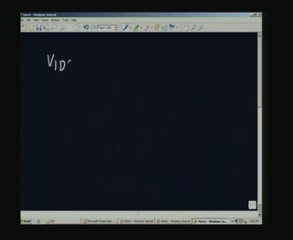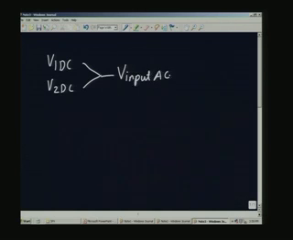Suppose I have V 1 DC, V 2 DC, and how does it come about? It comes about because we have a V input AC. The magnitude of V 1 DC is proportional to V input